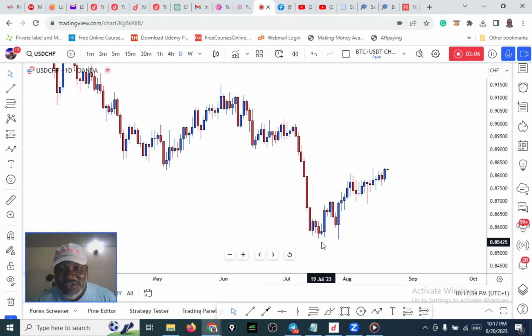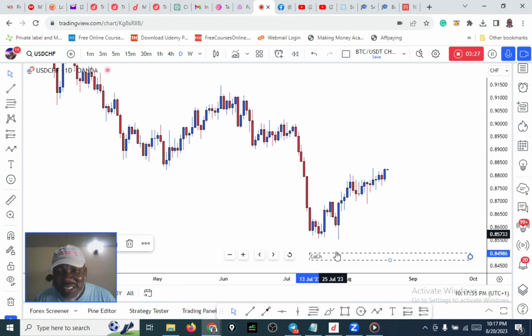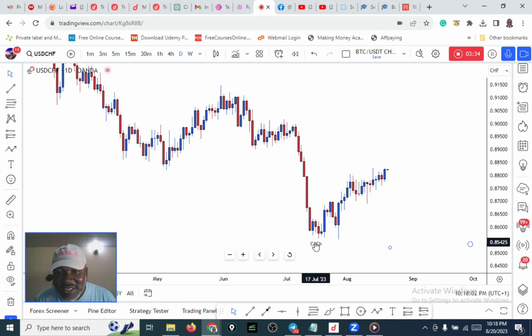There's a change of character here. Now, if you ask me what that means, it is that before now the market was in a downtrend. But eventually, the character of the market changed. And so the market started doing